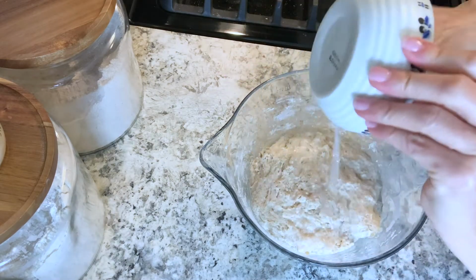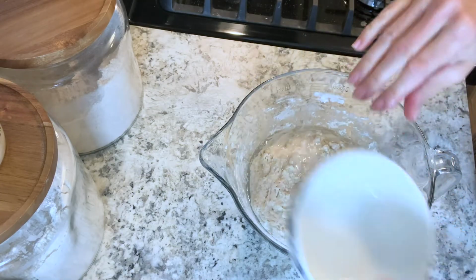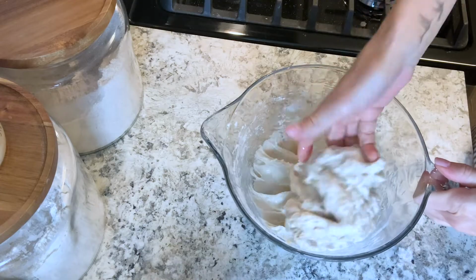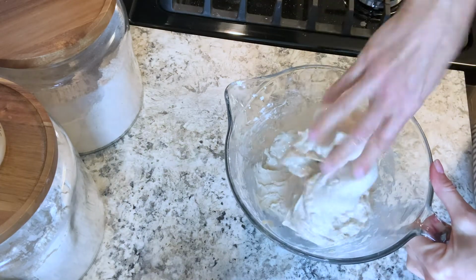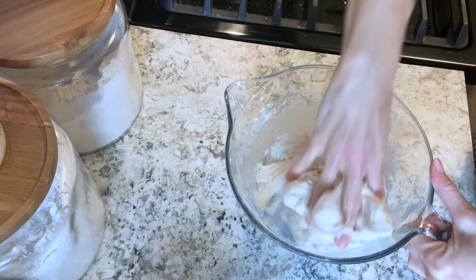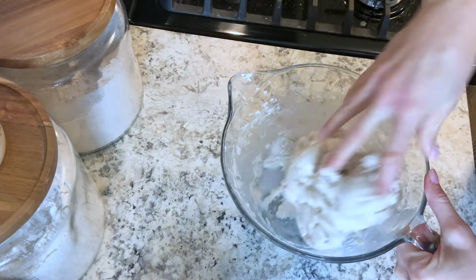After 1 hour, go ahead and take that salt water. I like to stir it up just to make sure it all is dissolved and gets into the bowl. Just add that to your dough, and again, use your hands to work this into the dough. Now you can see that shaggy mess has those gluten strands going. The dough is going to seem like it's breaking apart, but